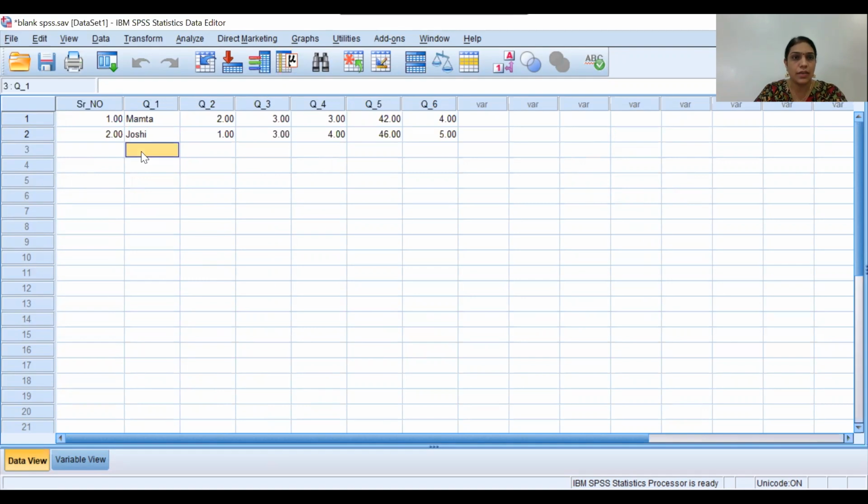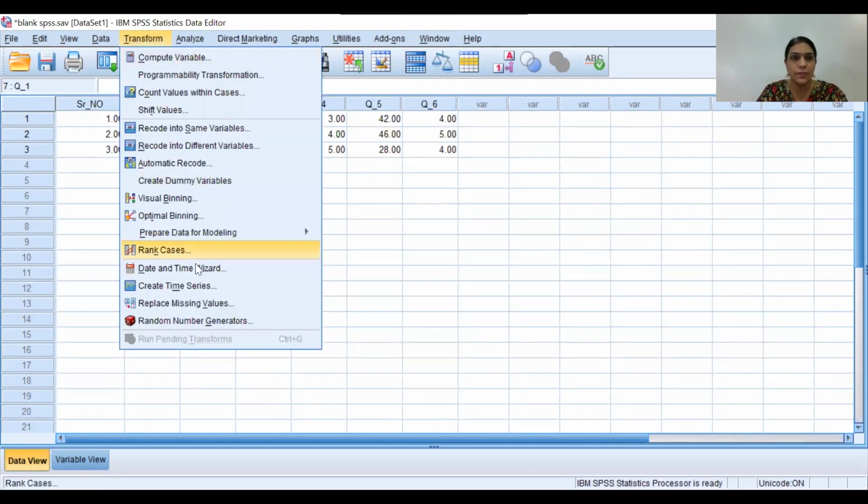Let us see here. I am entering the third response, and I will use Vivek here. The third response is a male candidate. He is also PG, so I'm entering 2. He is satisfied, 5. Age is 28, and he is satisfied 4. Now this is the variable view; before that you have to create it. Once you generate all the entries, after that you have to create the serial number this way. Now you can arrange the data like this.